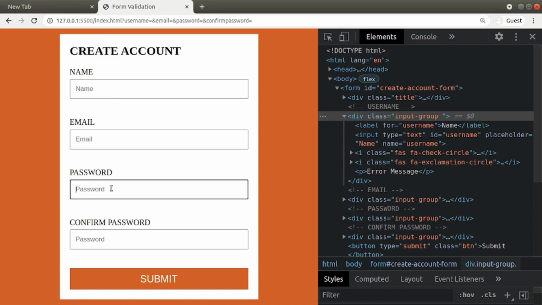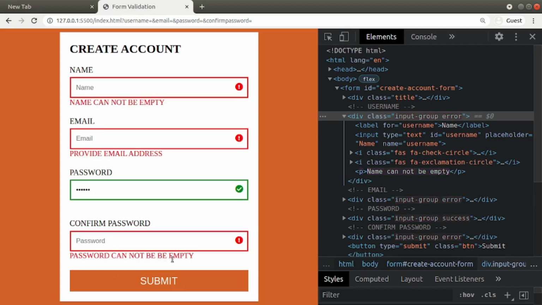Here first I'll give the password 1 2 3 4 5 6, I mean numbers 1 to 6. Here empty. See, password cannot be empty. Here give 2 characters, 1 2, try to submit, password does not match. Now give the same value as above, 1 2 3 4 5 6, and submit.